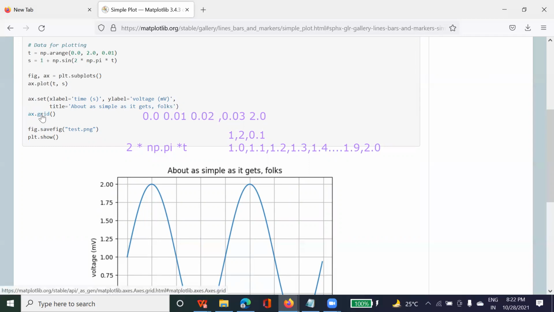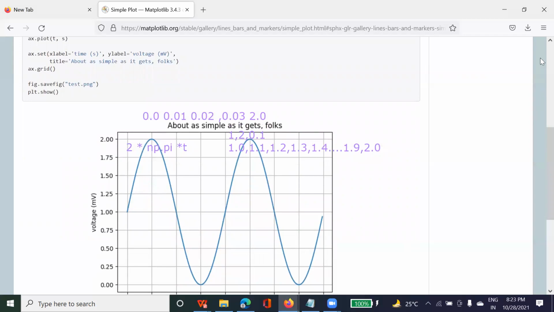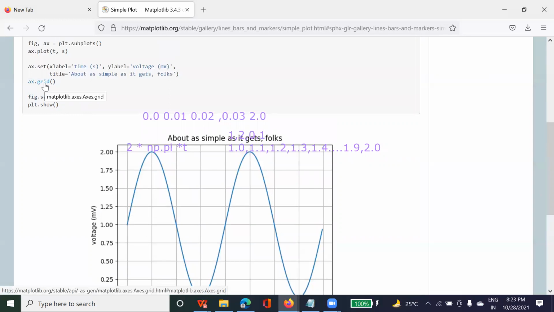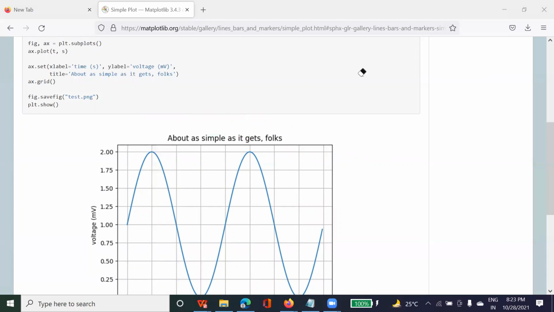Why are you using this ax.grid? Because I want the boxes to come inside the graph. If you see yesterday's program, just open it in your system, Leknath, and you will see that this graph doesn't have these boxes inside. Why? Because we have not used ax.grid. When you use ax.grid, it creates boxes inside this. Have you created a graph on paper in your school? Yes, Amit. I know about this grid. Yes, grid is usually there in graphs.